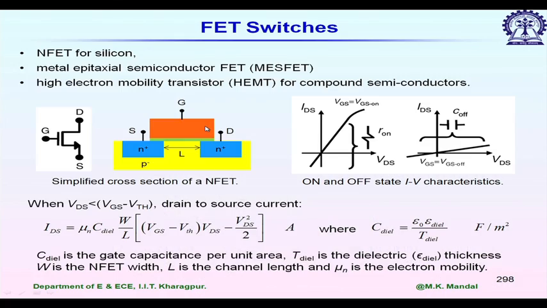Already we have discussed how to implement a switch by using a PIN diode. Now, let us see how we can implement a switch by using FET. In FET, NMOS or PMOS, both are available in the market, but usually when we go for high frequency applications, NFET or NMOS is preferred. Why? Simply because electron mobility is higher than hole mobility. So, we can use NFET even at millimeter wave frequencies, and there are some alternatives also.